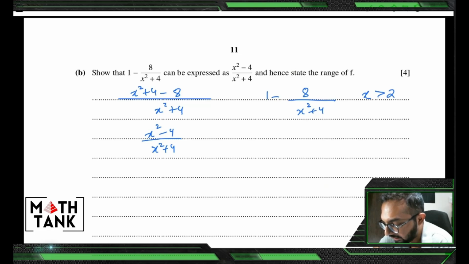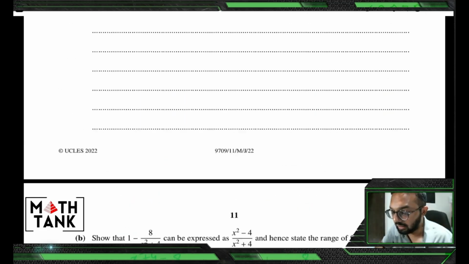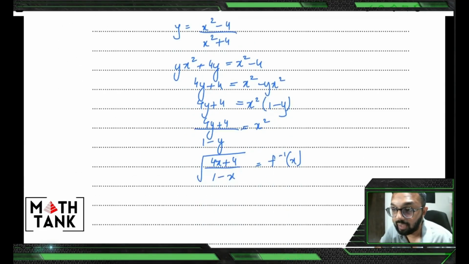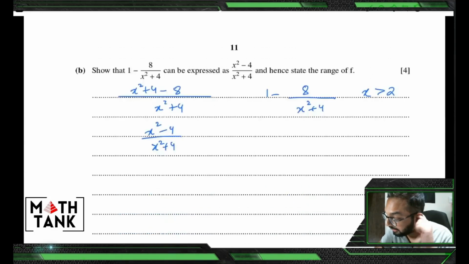So in that case, I'm going to think about what happens when I put in values of x. I need to put in values of x greater than 2. When I put in values greater than 2, the value of this denominator keeps on increasing, so a fraction keeps getting subtracted from 1. How large can this fraction be? This fraction can actually go down to 0 when the denominator becomes very large. So this function can have a maximum value of 1.